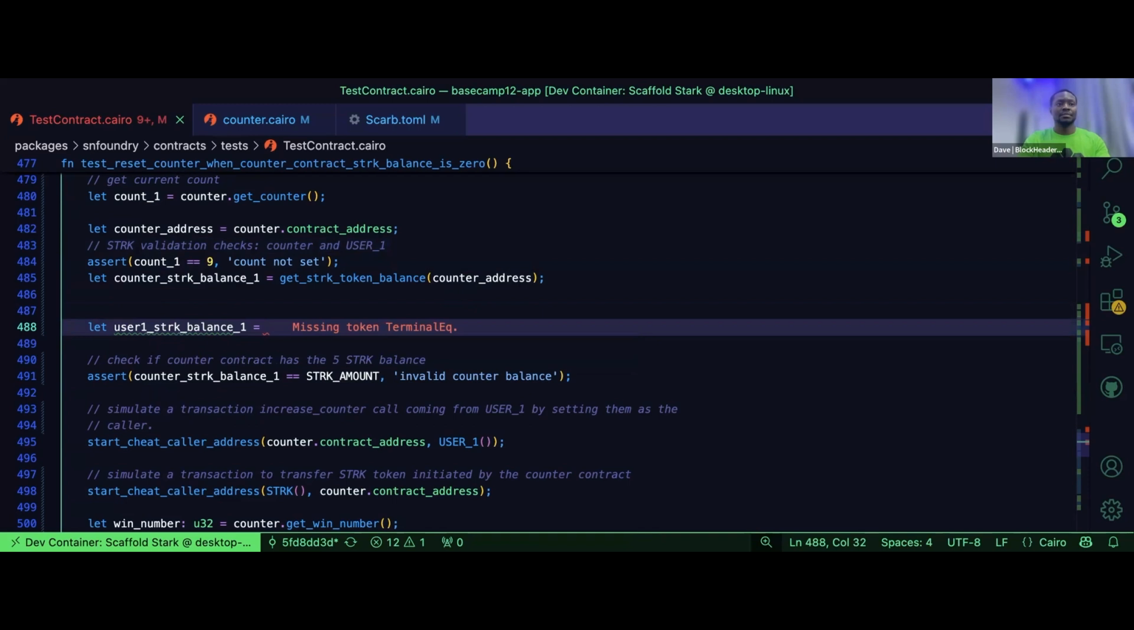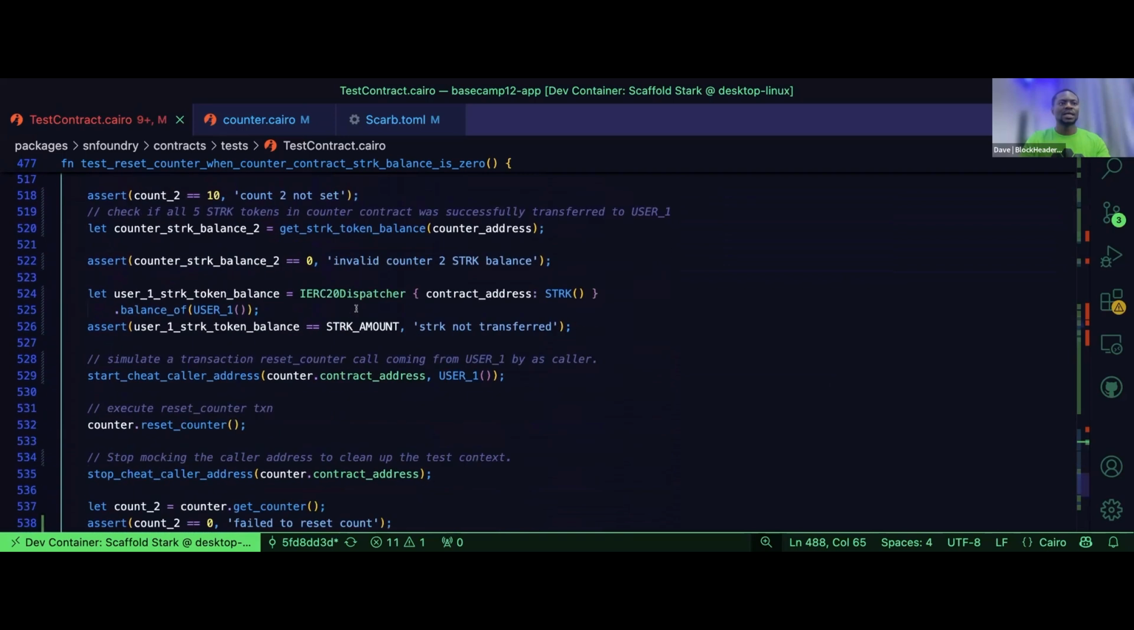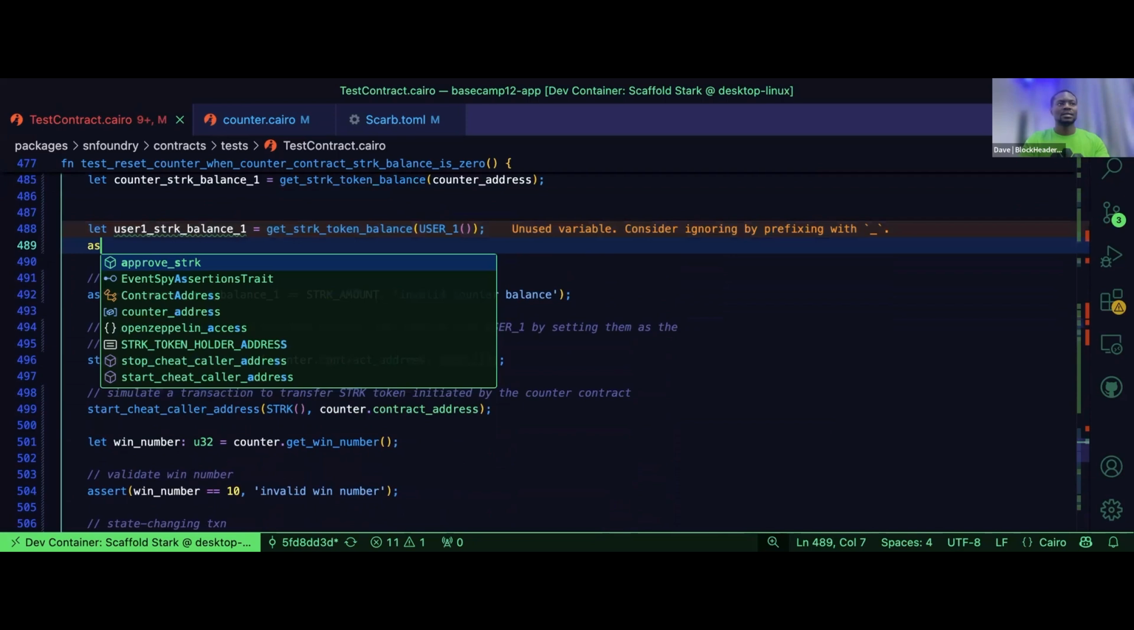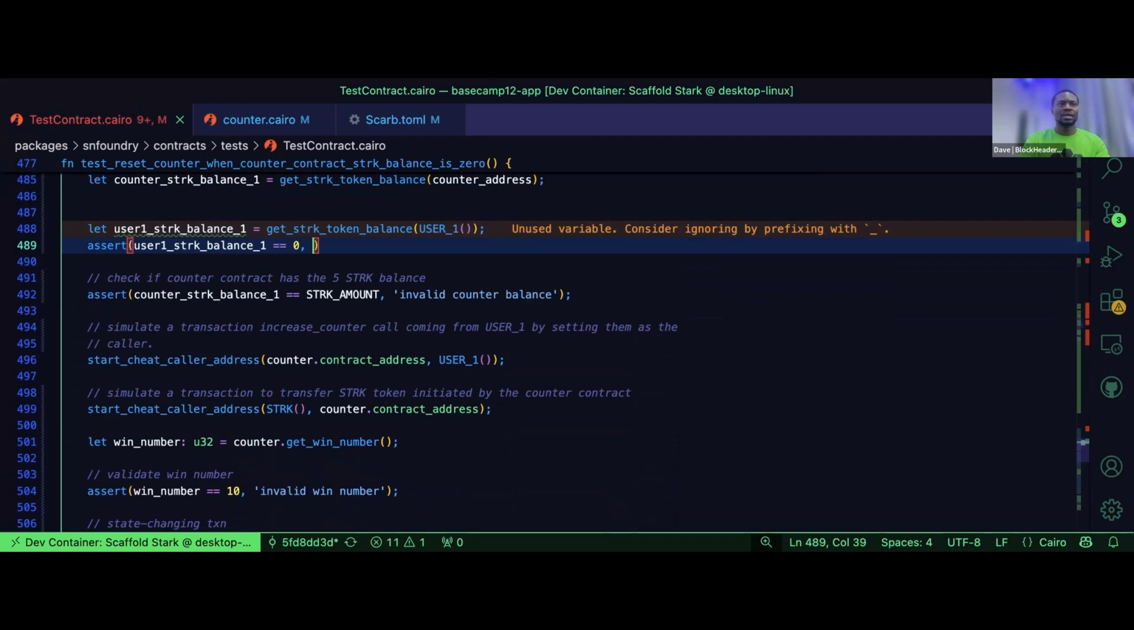This is the balance before the reset counter was called. We want to make sure that we get the stack token balance of user 1, making sure that user 1 stack token balance is 0. So assert that user 1 stack token balance equals 0, with the message invalid user 1 stack balance. We should also check the balance of